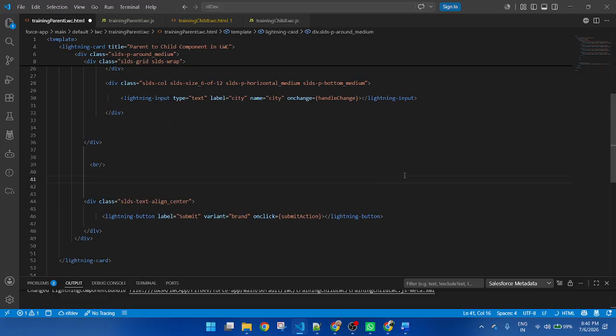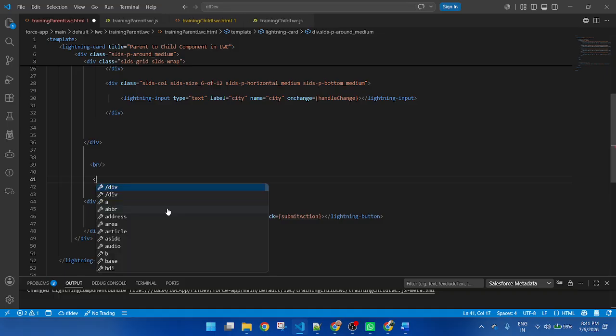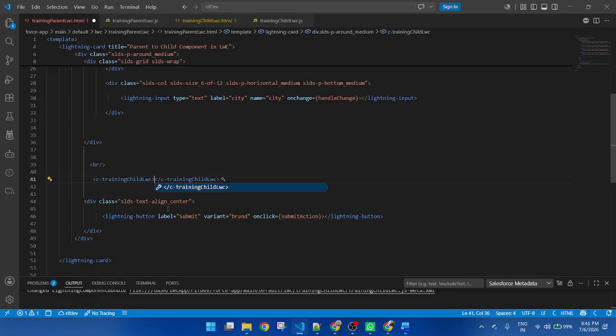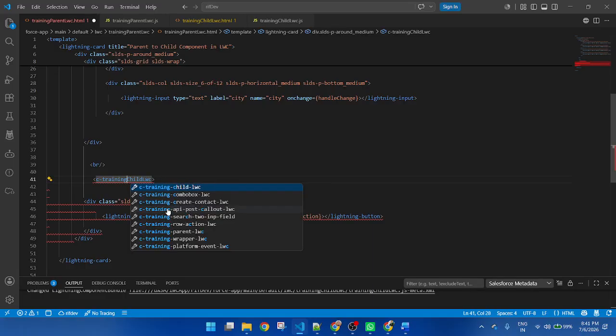Be careful how I am calling the child component. The process is: first of all C, then dash, then your child component name. The first letter of the child component is a capital C.